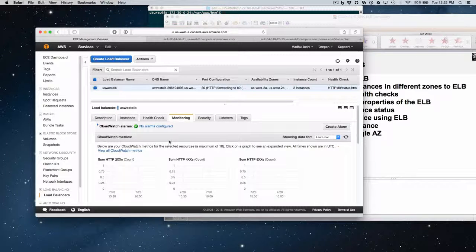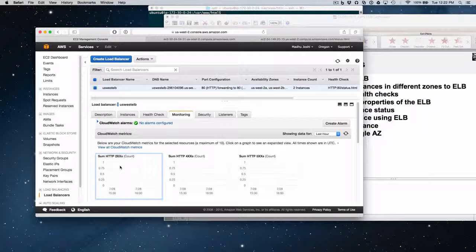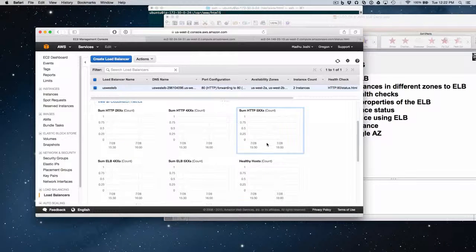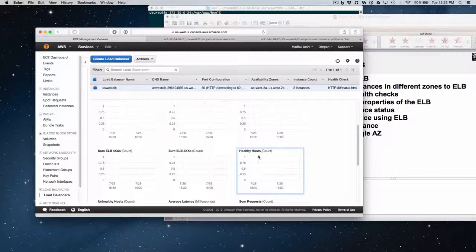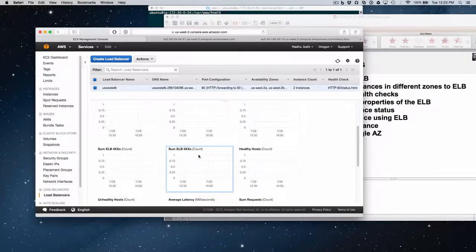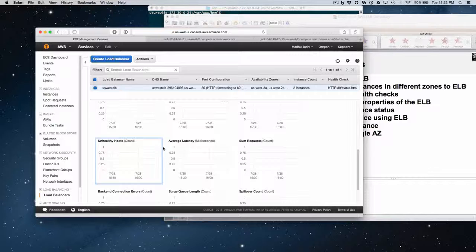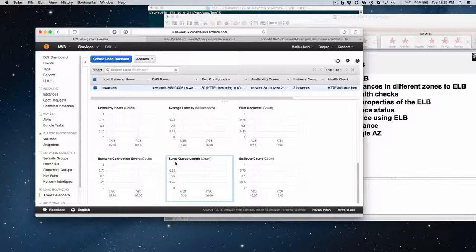We talked about the number of successful HTTP 200 messages that we received, the HTTP 400 messages we received, 500 messages we received, and right now there's no healthy host reported because they're still being registered. For the total 500 errors, nothing is reporting yet because it's a brand new load balancer. This is the surge queue that we mentioned in the class, and the spillover count, and backend connection. So if you refresh it for a second,